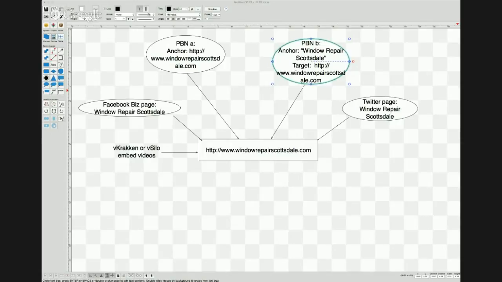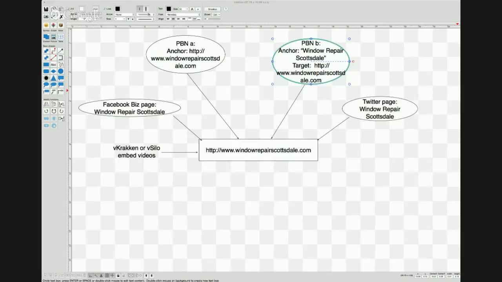But if you treat your PBN well as far as content goes and set them up along most of the guidelines that we have, you won't be in trouble currently with needing the fake name generator. I think it's a safer way to go, but currently that's not a requirement to keep your PBN safe.